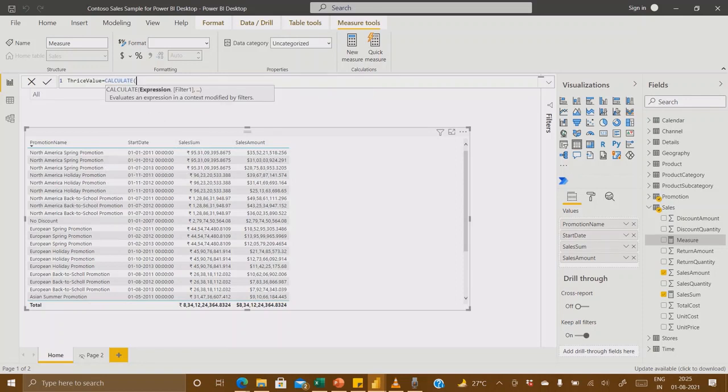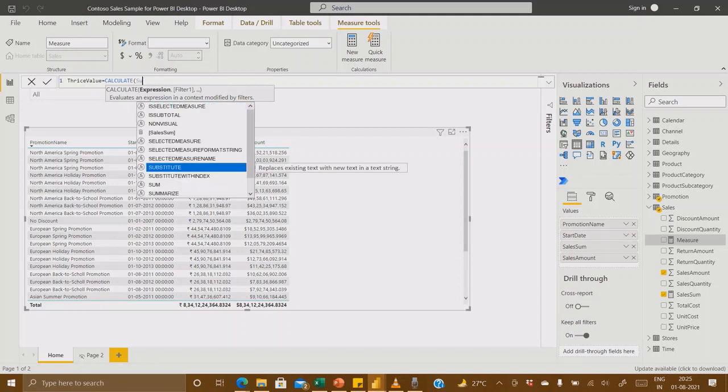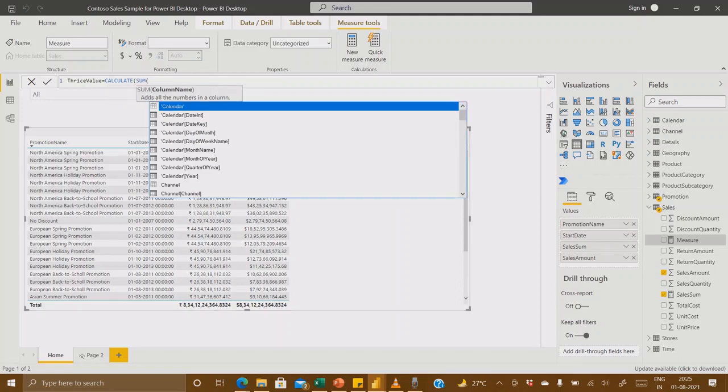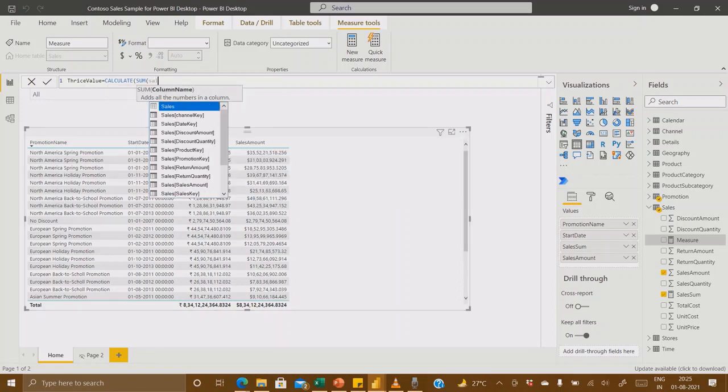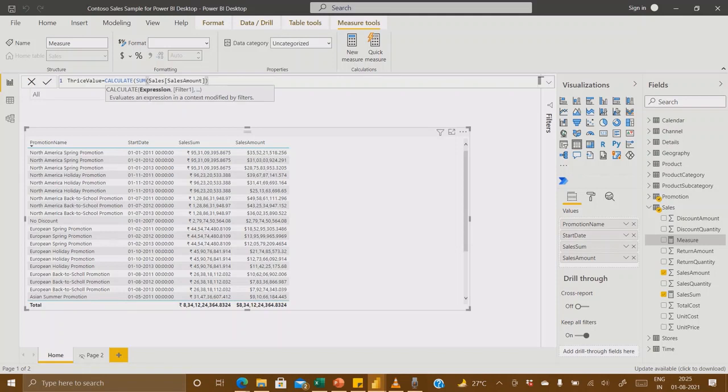Again, I will tell you why later. Now I want to write sales amount, so I will write SUM, because we need to give an aggregation, and now you will see sales amount here. I will click tab. Now I will close this bracket and multiply it with 3. I will close CALCULATE, and now just enter.